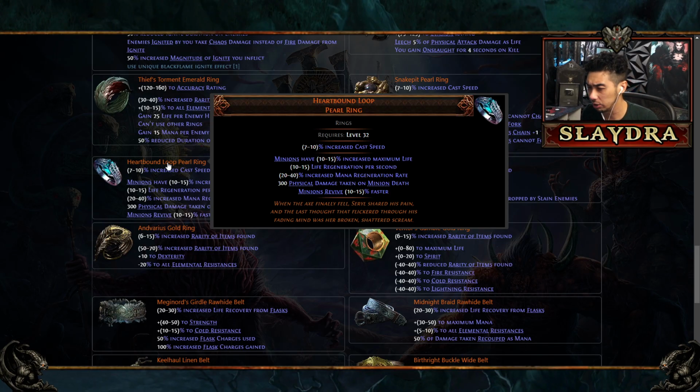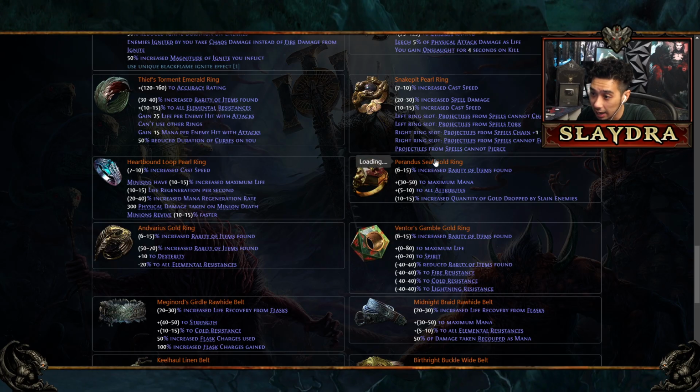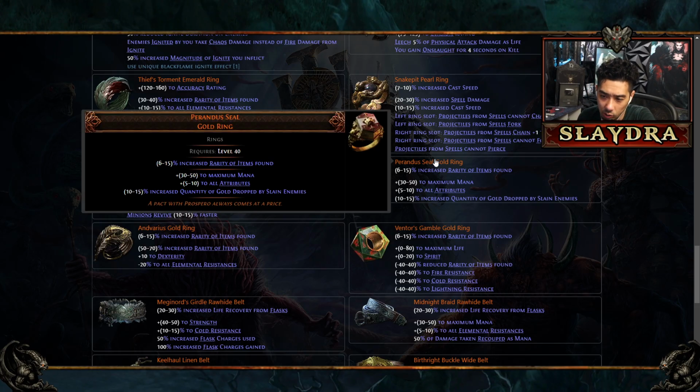Now, is it going to work in PoE 2? I don't know, because minions respawn after a duration, but I don't know if there's a way to stop that interaction. Next up, we have Horrendous Gold Seal, so you get increased rarity, some attributes, mana, increased quantity